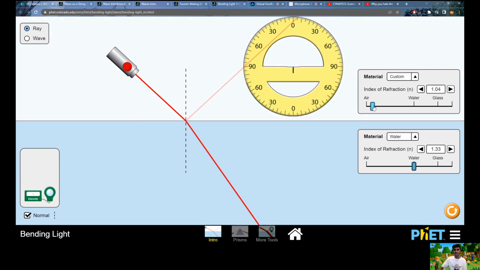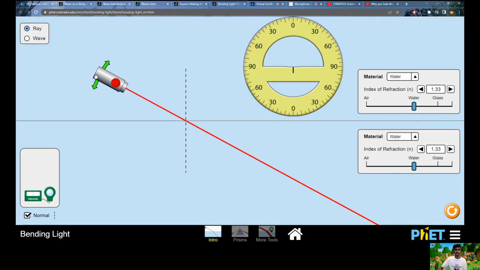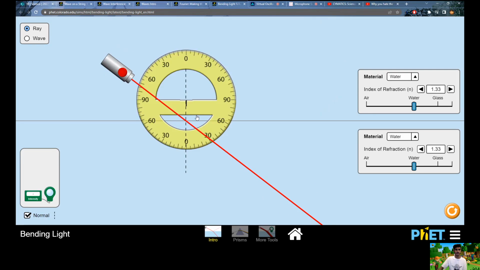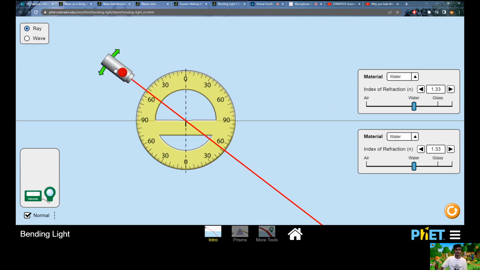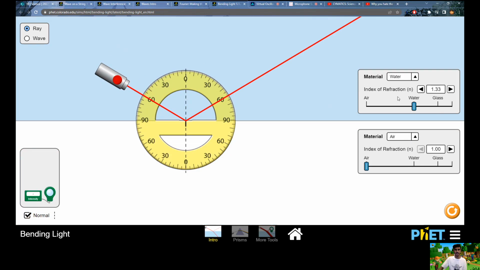Now, you don't need to know these numbers. It actually just puts a number to different materials based on their ability to bend light. So if I had to choose, say, water to water, light will of course just go in a straight line because there is no refraction. I'm going to keep this angle fixed at 60 degrees. If I change my second medium to air,